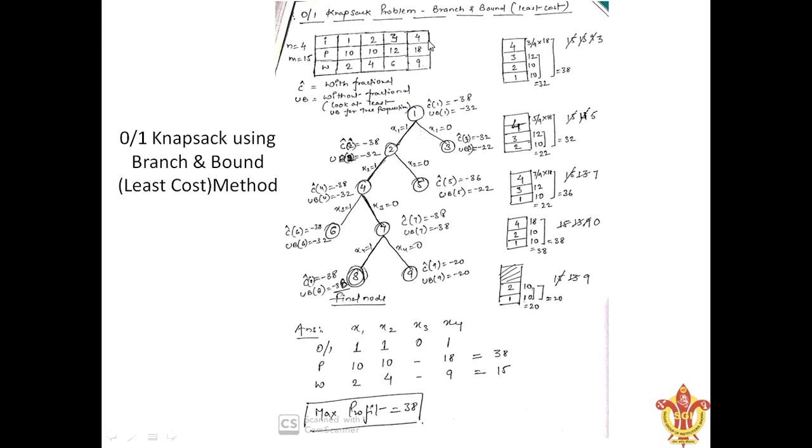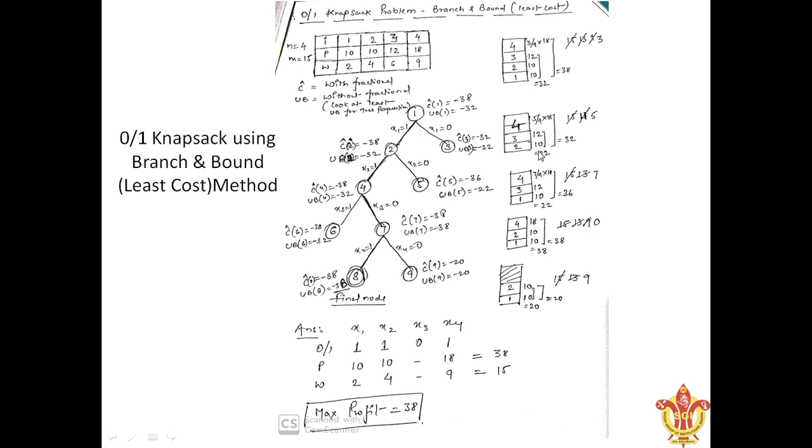While excluding x1, what elements do we have? We have only 2, 3 and 4. For upper bound, we'll have to take 0 or 1, that is without fractional. So if we include this 2, we'll take profit 10. If we include this 3, 2 and 3 will give you 22, while weight is 6 plus 4, 10, which is lesser than 15. Can I include this 9? 6 plus 4 is 10, 10 plus 9 is 19. It exceeds, so we are not going to include this for calculating this upper bound. So upper bound is minus 22.